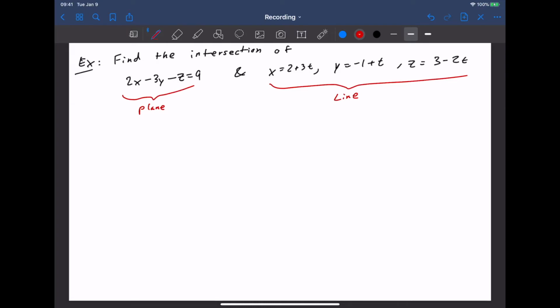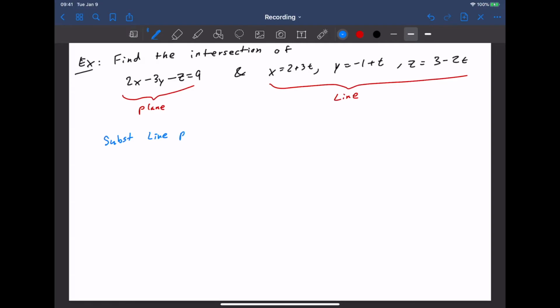I think some of you were able to come up with the right method to solve this intersection. I'll give you a chance to think about it. Pause the video if you want to actually really ponder it. 3, 2, 1. We're just going to substitute